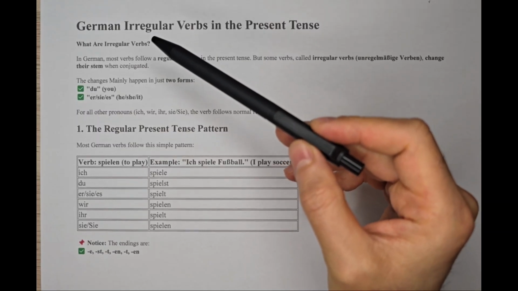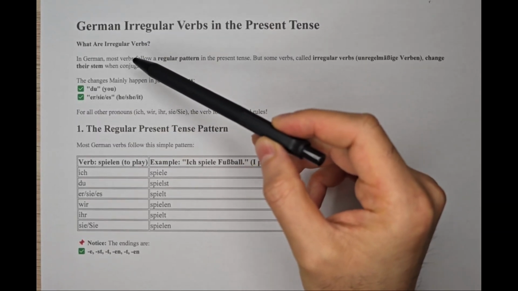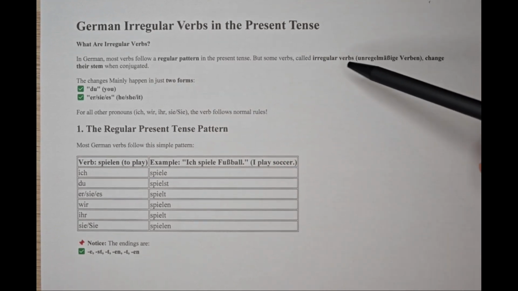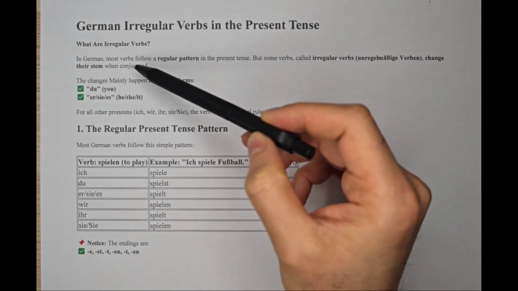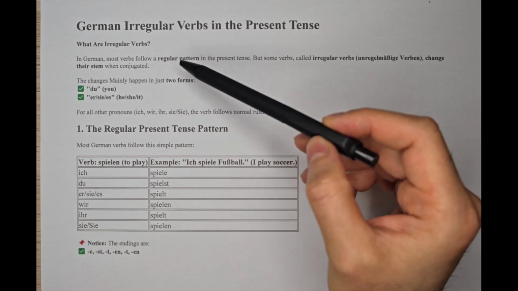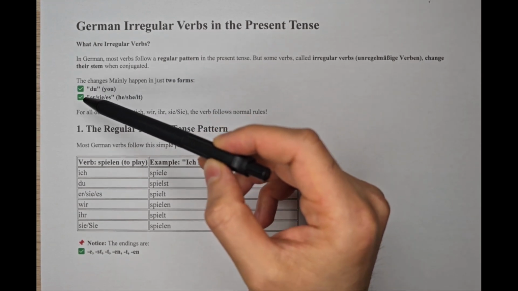Today's video, we are going to talk about irregular verb conjugations. So, in German, most verbs follow a regular pattern in the present tense, but some verbs, called irregular verbs or unregelmäßige Verben, change their stem when conjugated. The important thing to understand is that this change in the stem happens only with the personal pronouns du and er,